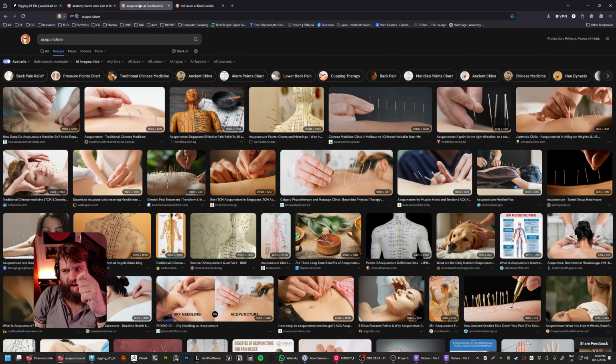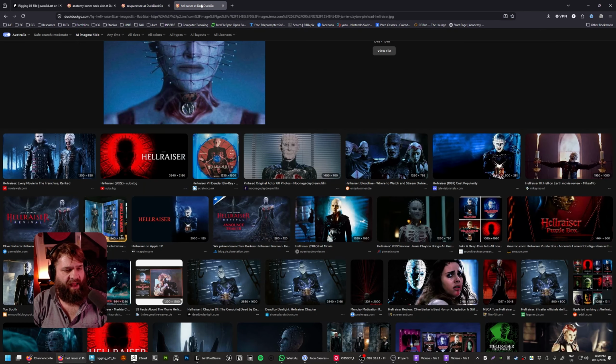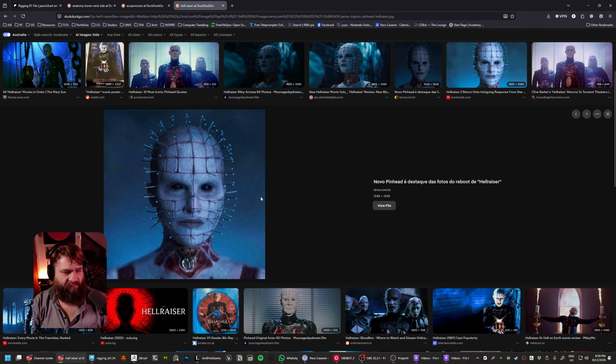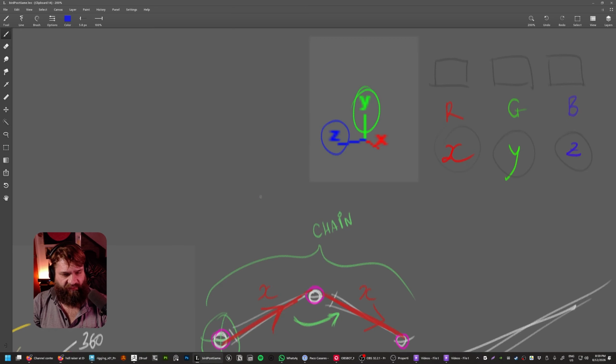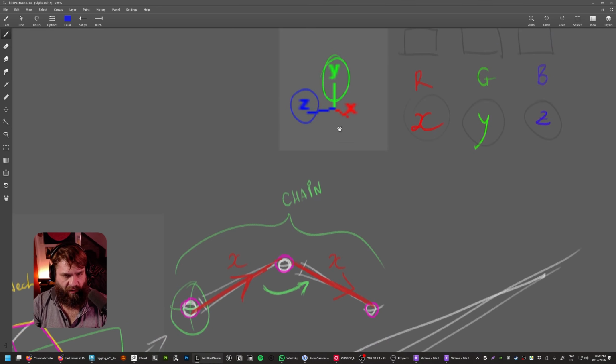So if you are rotating the same way, they are rotating in the same form like this. Think of it as a needle that you've got essentially connected to that point there. Or think of it like Hellraiser, where instead of being in the skin, it's essentially connected to each of those bones. So if this is a finger or an arm, you would have, say, to maintain a convention,